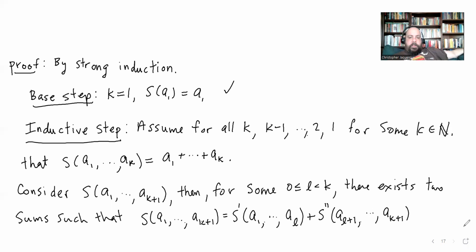And I'll have to continue this on the next page, so let me rewrite what I have here. So S of a1 dot dot dot ak plus 1 equals